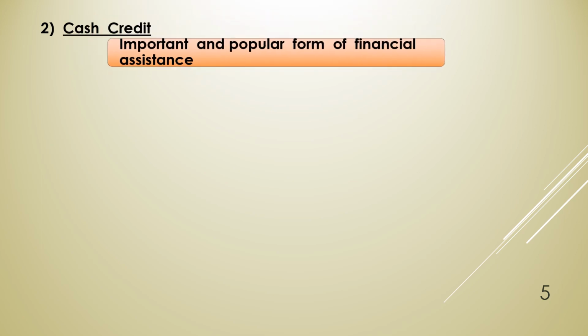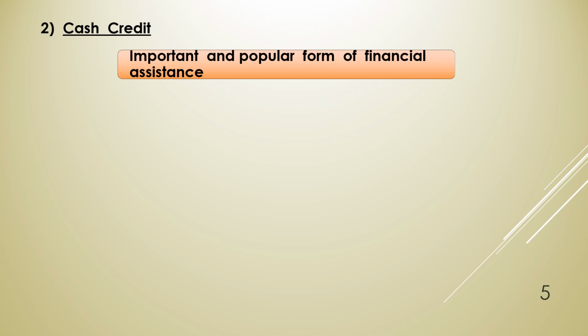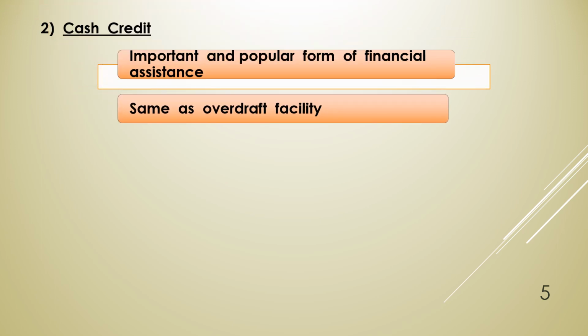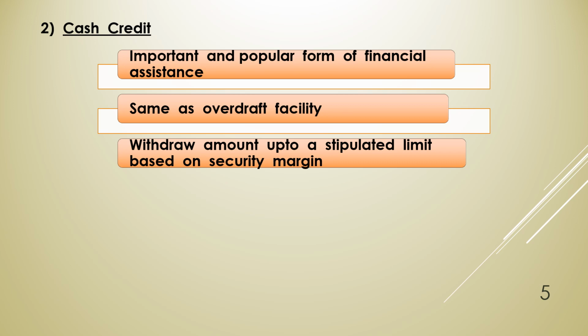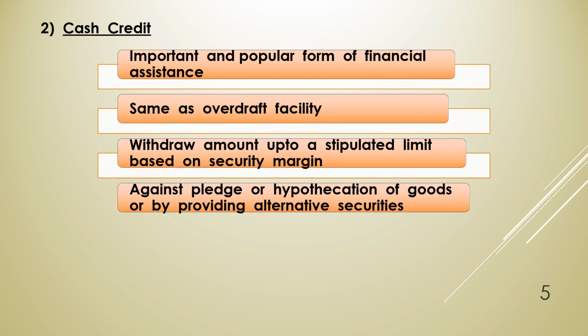Let us now move towards the second scheme, which is cash credit facility. Cash credit is considered to be one of the most important and popular forms of financial assistance which is provided by the commercial bank. Cash credit is the same as overdraft facility, where a borrower can withdraw an amount up to a stipulated limit based on a security margin. However, the basic difference between cash credit and overdraft facility is that cash credit facility is given against pledge or hypothecation of stock of goods or other current assets, whereas overdraft facility is given against security of fixed assets,